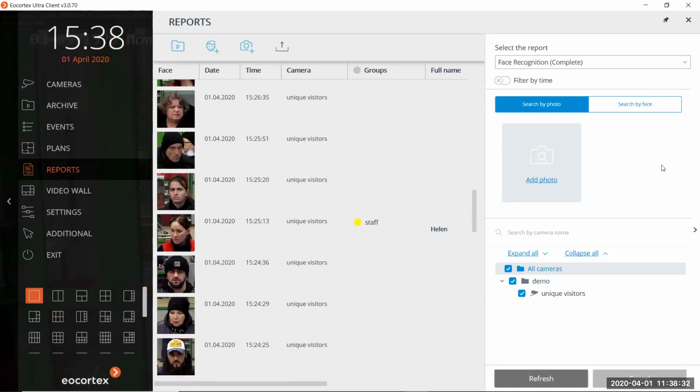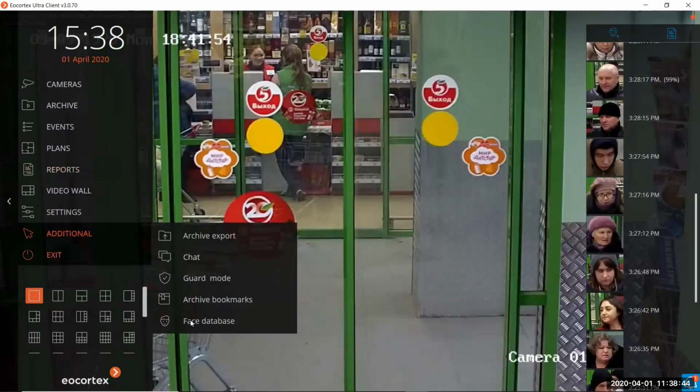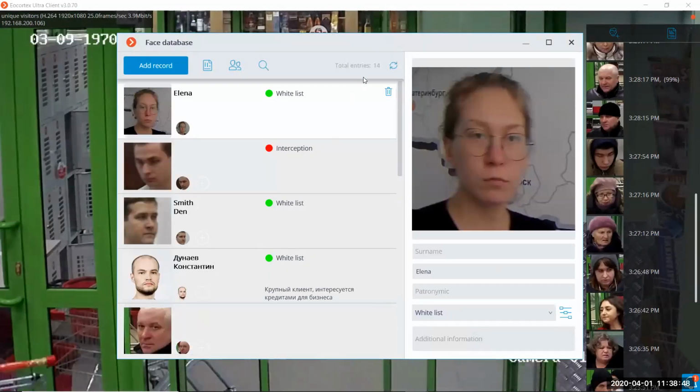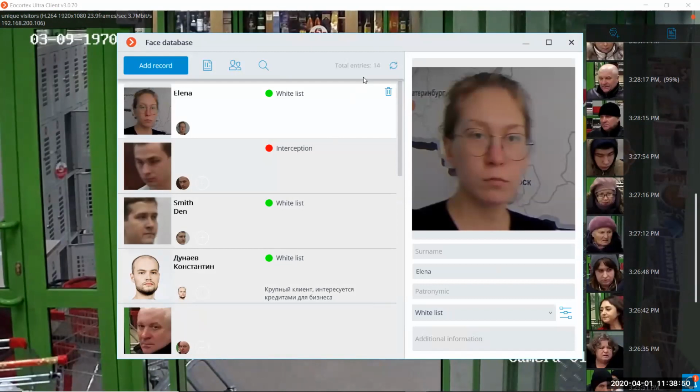Then I want to discuss with you the database images that are better to use here. So we can go to the database from here, for example, additional face database. And here we can see the samples that were added to the database. Let's discuss some of these samples.